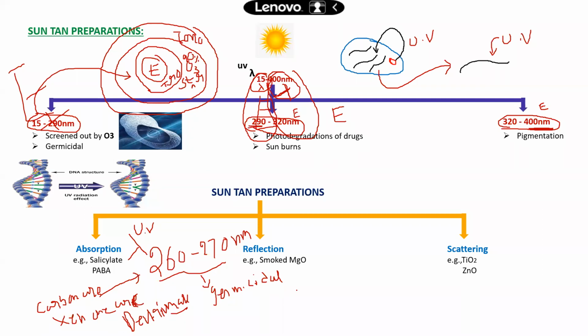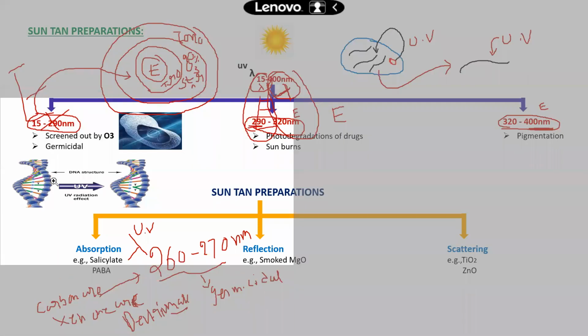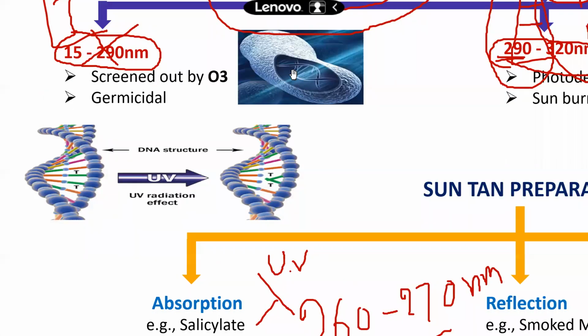So friends, what is the mechanism of sterilization? How can it kill the microbial cells and prevent microbial growth? For example, this is the microbial cell and this is the DNA. Once you pass the UV rays, they will enter into the cytoplasm and next into the nucleus, where DNA will be present.